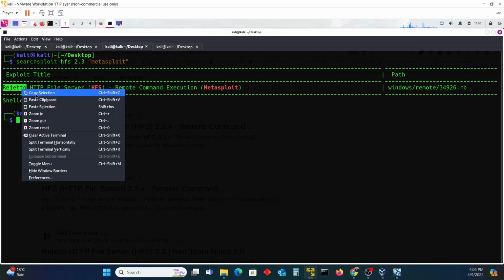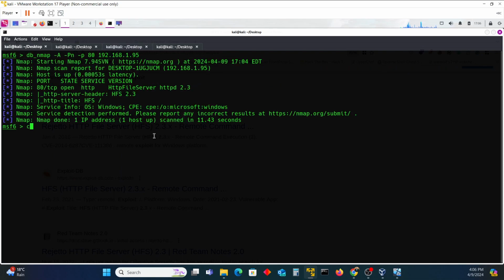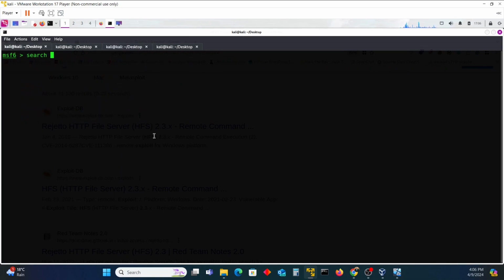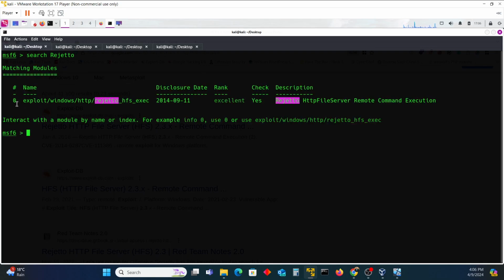So if I copy this rejetto and then type search, we have the module known as rejetto_hfs_exec. Copy this module, type use, paste,